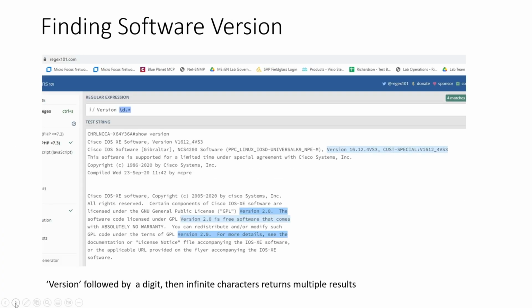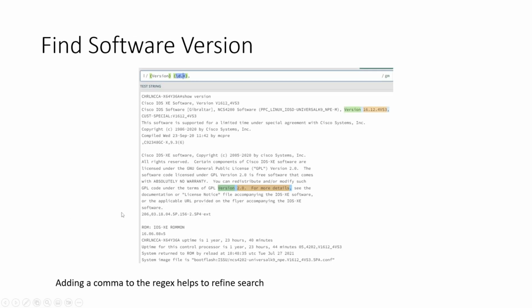So now if we wanted to find the software version, we can do some more examples here. So now I'm searching for the string matching, and it starts with a capital V in version and then a digit followed by dot star. So now we're going to get version. Actually, there's a space here too, and that space is important. So now we have four different matches. We're getting multiple results. If I want to add a comma in here, I can get more details. So it's the same pattern match, except I put a comma at the end,